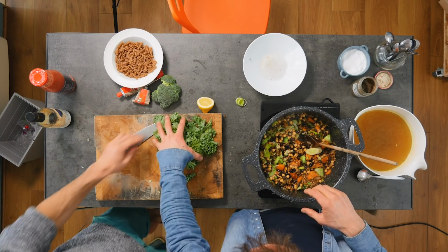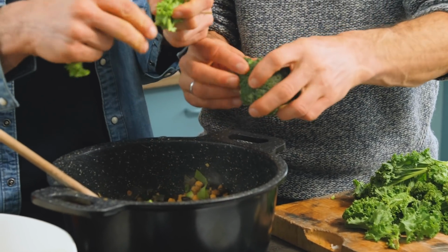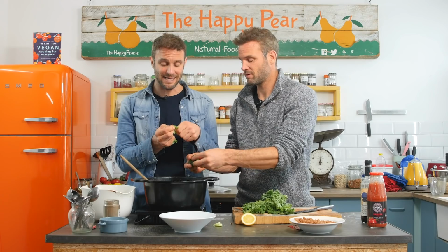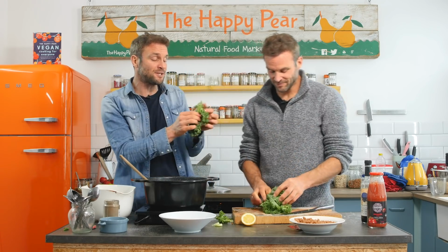Okay, and on top of that, we're gonna go in with our kale. We've got our cruciferous veg. So we have some broccoli here. Kale is fantastic, as you know, in terms of the nutrient density aggregate index, which I'm sure you're really familiar with. It's pretty much just a list of the most nutrient dense food, and kale is in fact number 1. So it's fantastic in terms of immune boosting properties, really high in chlorophyll and all sorts of good stuff, and